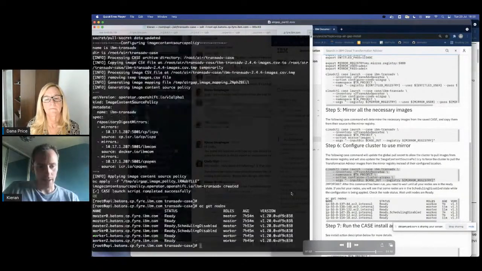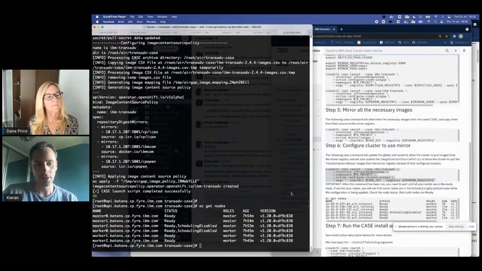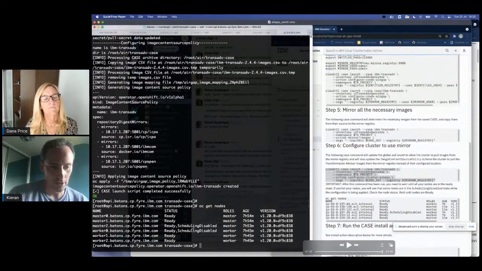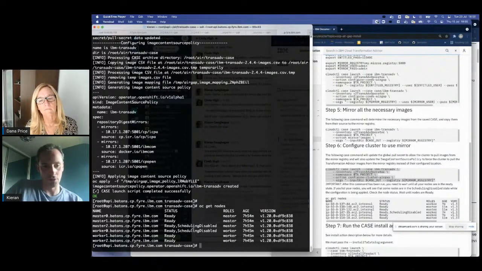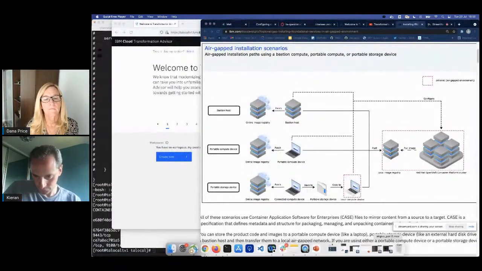That configuration takes some time to apply, so it needs to drain each of the nodes. If you do an oc get nodes, you'll see the status of the nodes, and you'll see that scheduling is disabled for the nodes. It's going to cycle through all of those nodes. Eventually, when that gets completed,